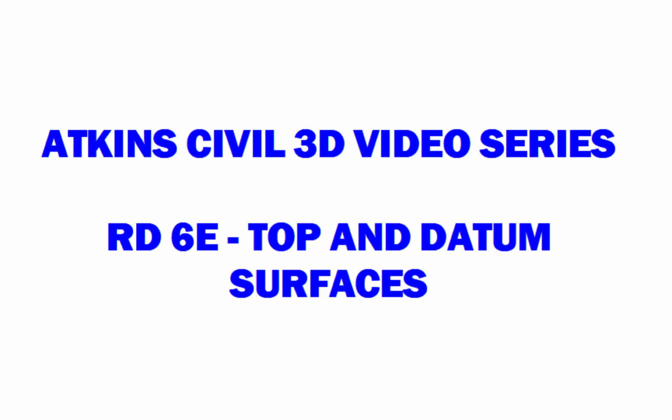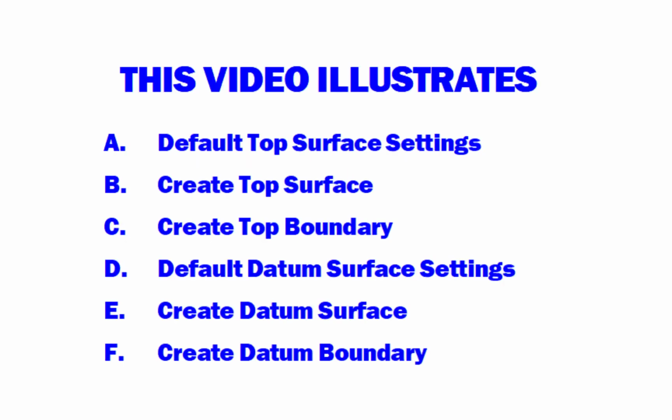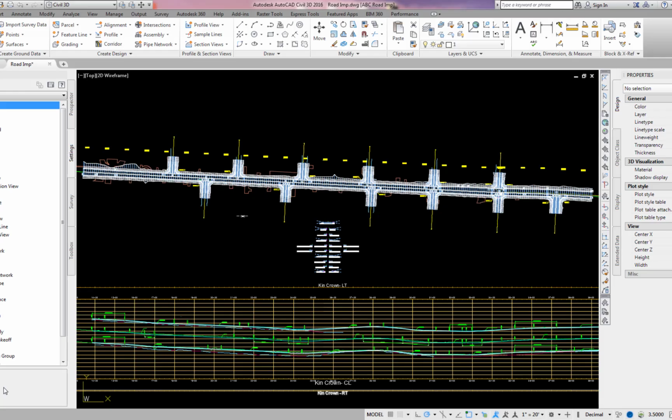Atkins Civil 3D Video Series, Road 6E, Top and Datum Surfaces. This video illustrates A. Default top surface settings, B. Create top surface, C. Create top boundary, D. Default datum surface settings, E. Create datum surface, and F. Create datum boundary. The top surface is a finished surface of the constructed improvements within the corridor and is used